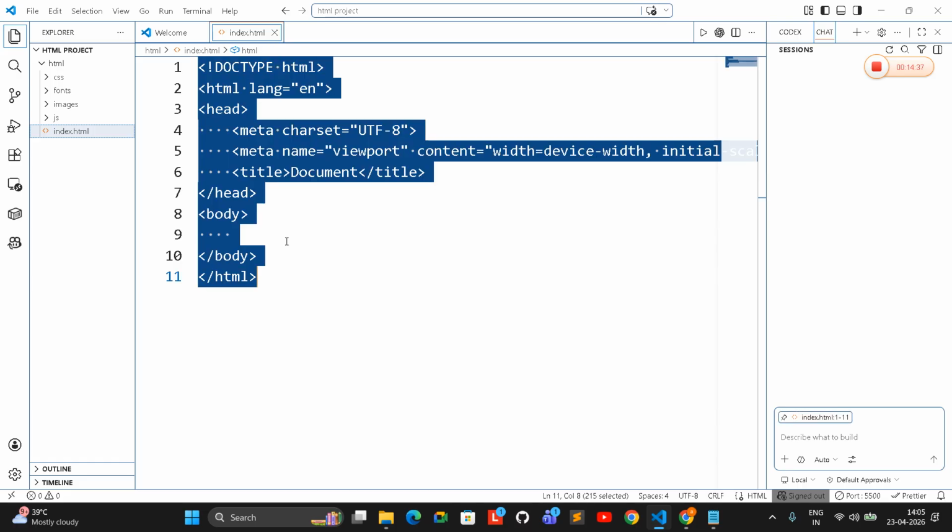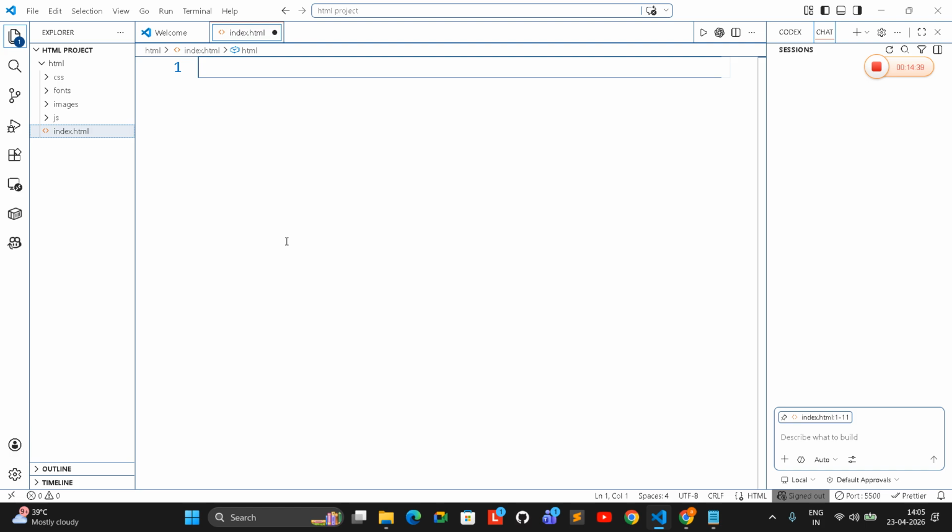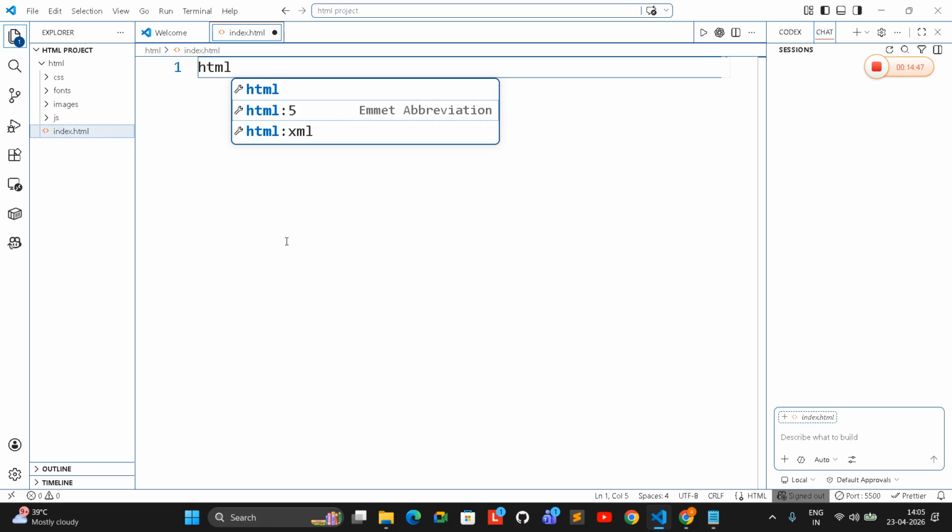So let me clean all these things away, or let me show you how exactly the entire code came. Whenever you try to type in HTML, you see we get three options here. And this is possible because of something called Emmet. Emmet is a tool which is pre-built in VS Code. This thing is going to help us get